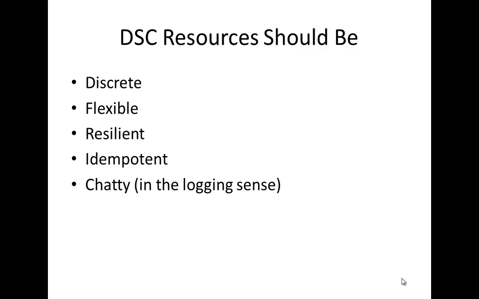The other thing that we want to consider with the resources is that we're not just ensuring things are there. We can use these things to ensure things are not there and not present. So when we write our resources, we want to provide an option so that if somebody does not want this feature enabled somewhere, they have a path for that. Now, that doesn't make sense for every potential workload, but if there is an option to go one way or the other, for example, with the Windows feature resource, I can ensure that a feature is never installed or never stays installed